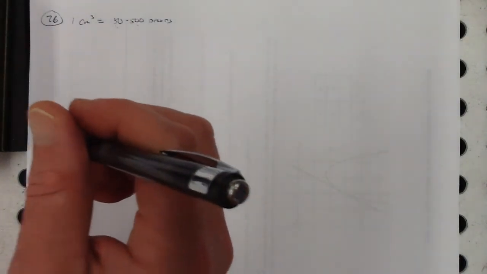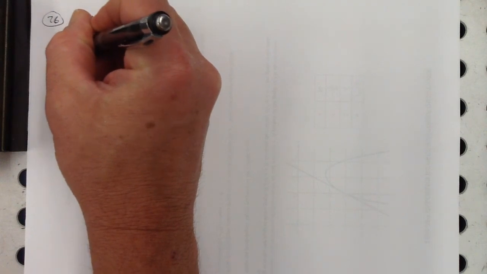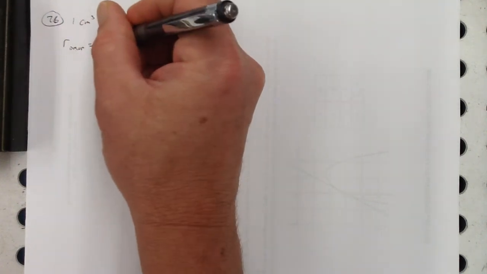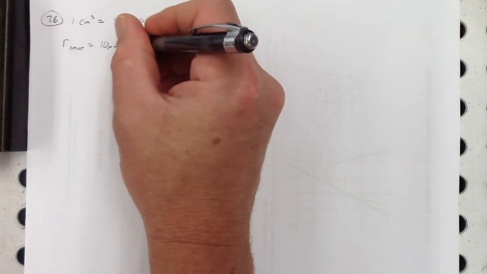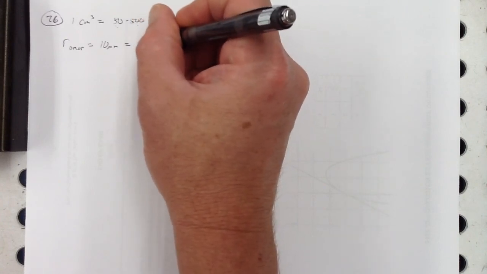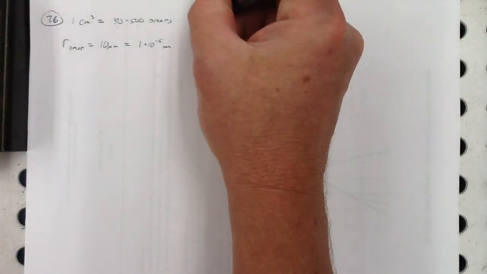Because we've got a range of 50 to 500, which have a typical radius. So one drop has a radius of about 10 micrometers, which is 1 times 10 to the negative 5th meters. Okay? For that range, give the lower value and higher value for each of the following. So in part A,